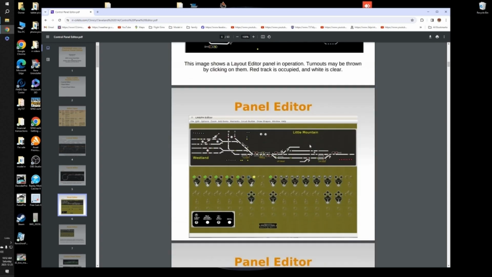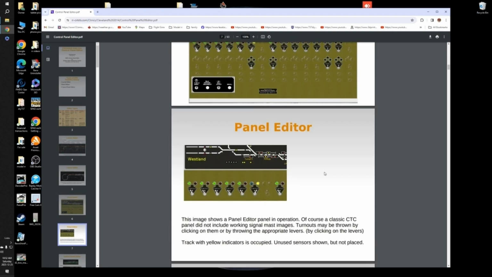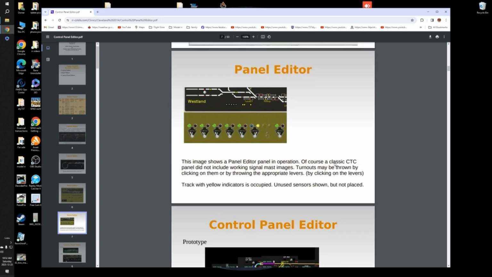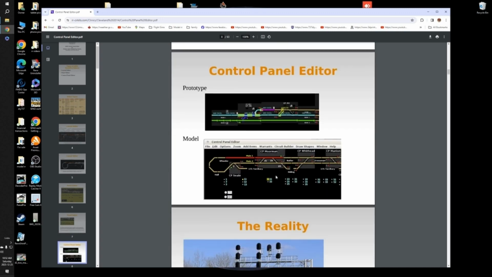Control Panel Editor looks something like this, and we'll be designing this. Panel Editor, and Control Panel Editor looks very similar, something like this, and we'll be working on that as well. Okay, let's get out of that,